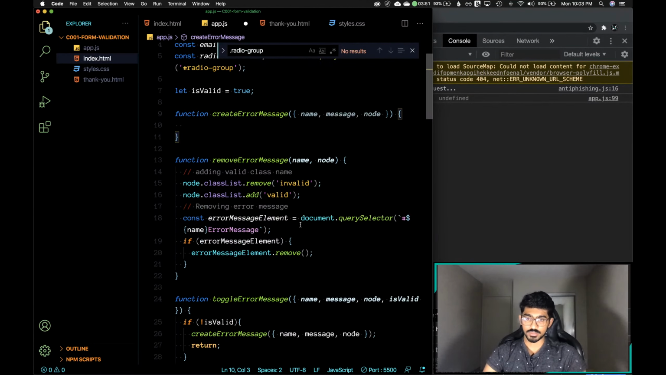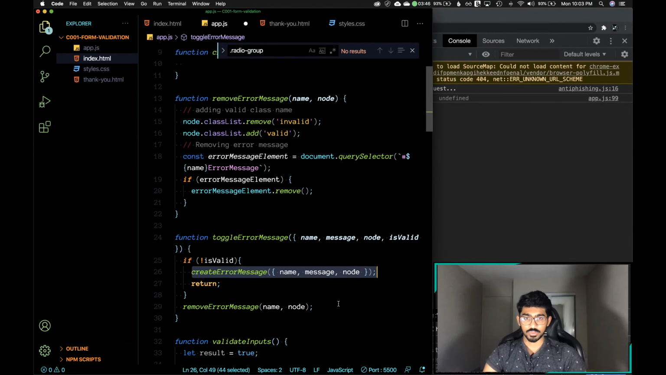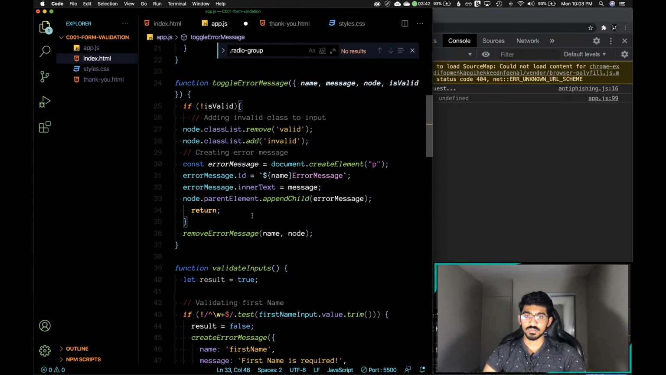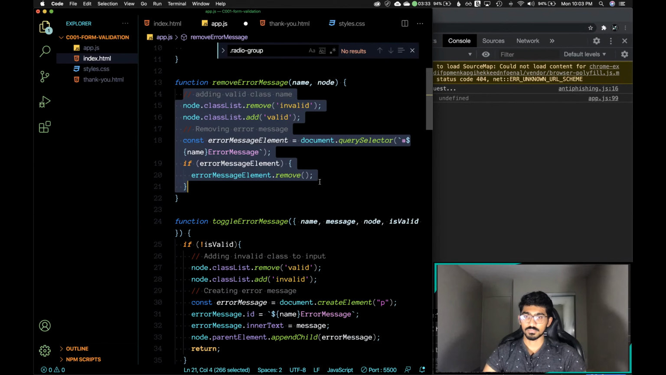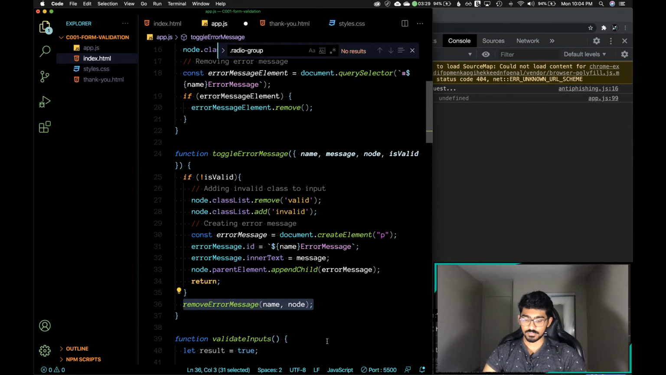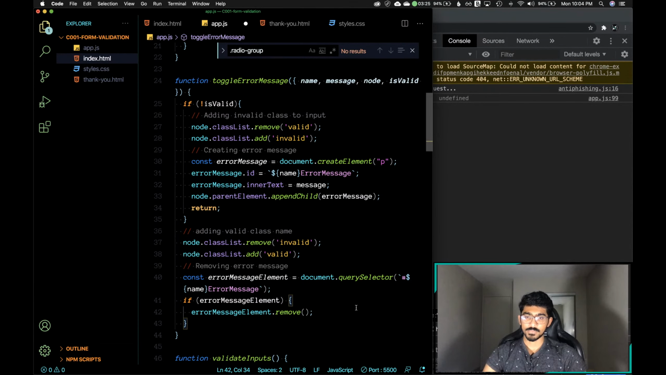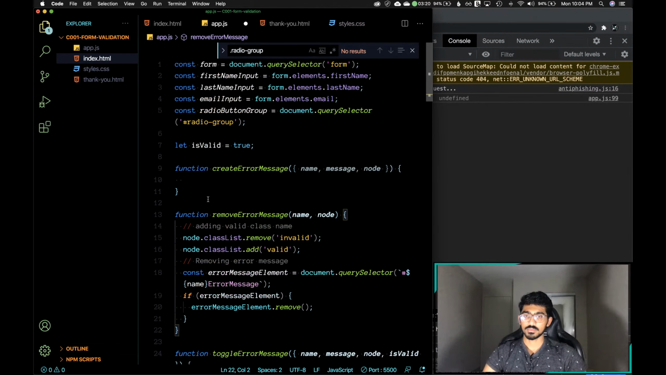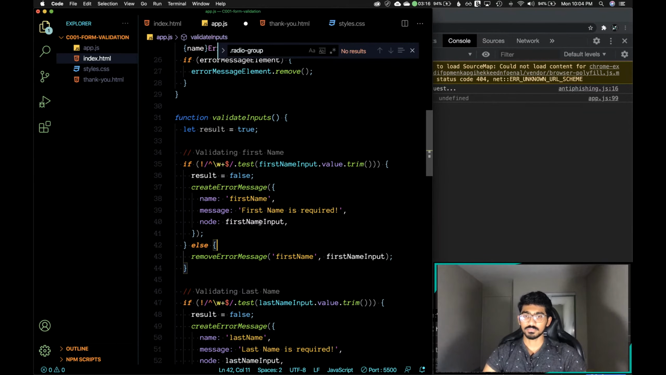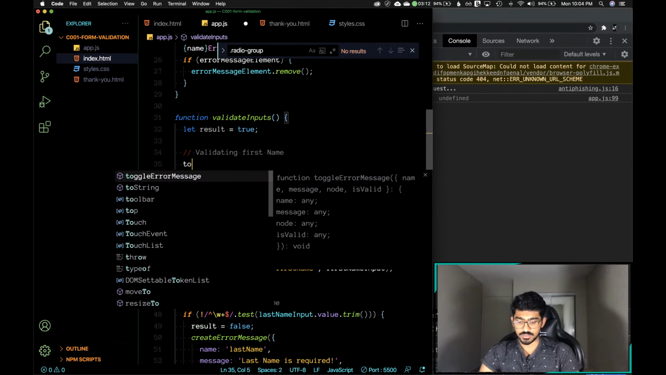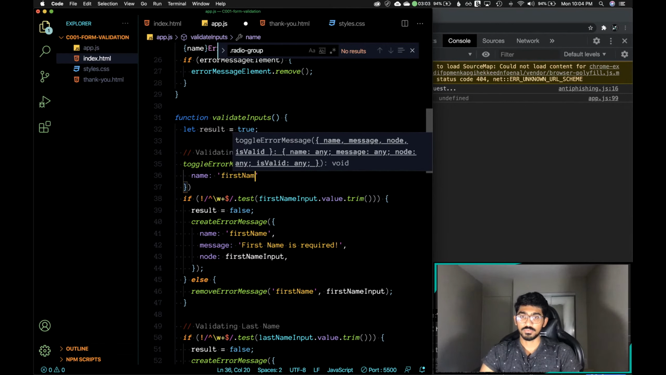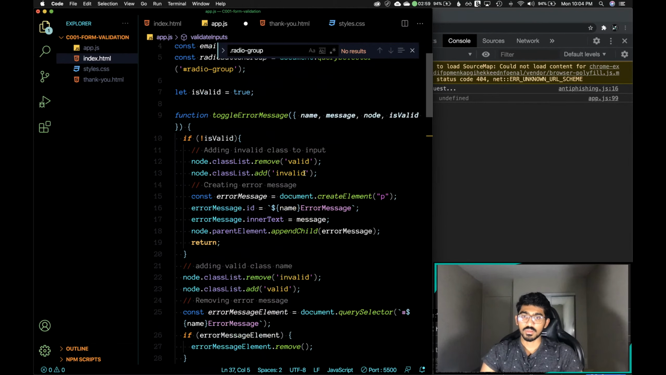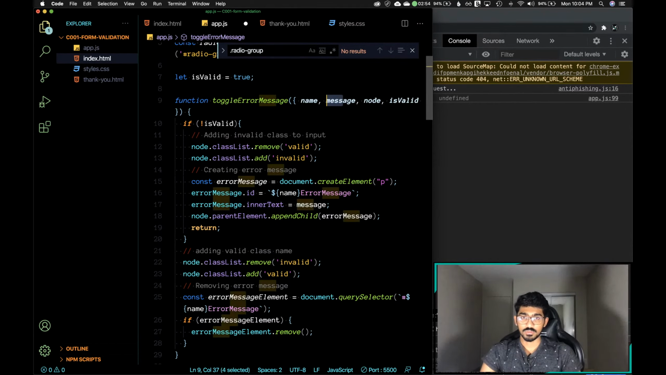I just move this code here. I think we don't really need to keep two separate functions. That should be right. And then we can just do toggle error message, first name. I should also change message to error message,